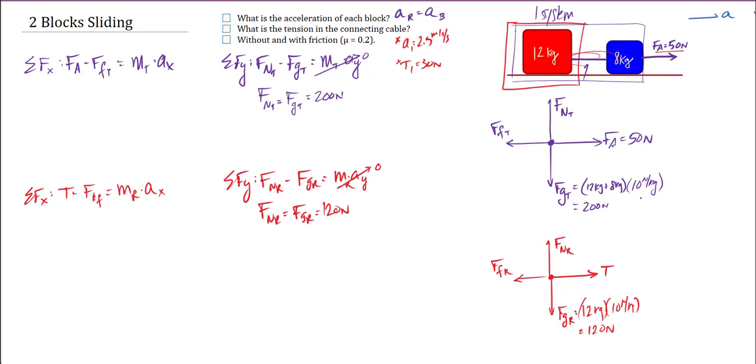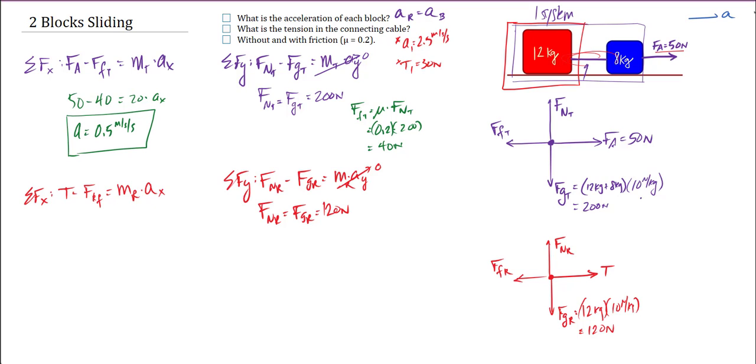Before we can solve this, we just have to find our new friction forces. Shouldn't be too bad to do. The friction force total is going to be the coefficient of friction times the normal force. We already know the normal force, so this is going to be 0.2 times 200, which gives us a friction force of 40 newtons. We go back into our x equation again. We have our applied force of 50 minus our new friction force of 40. That equals our total mass, which is still 20, times the acceleration. And that gives us a new acceleration of 0.5 meters per second squared,